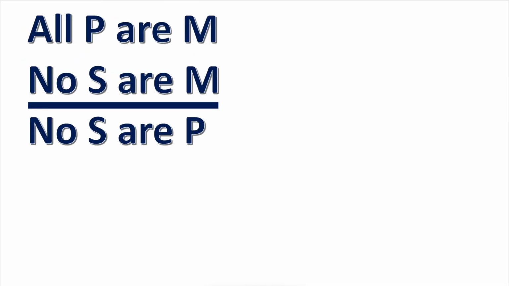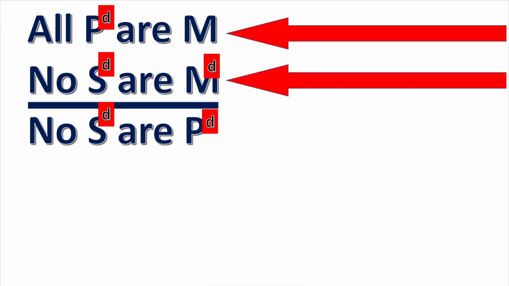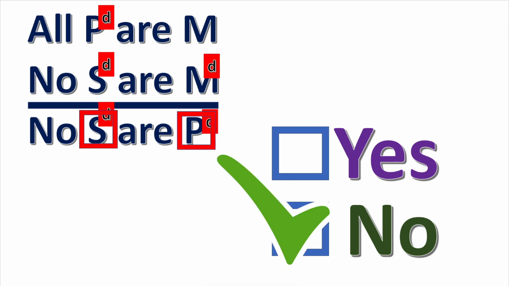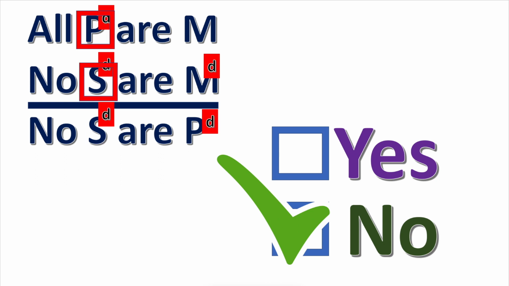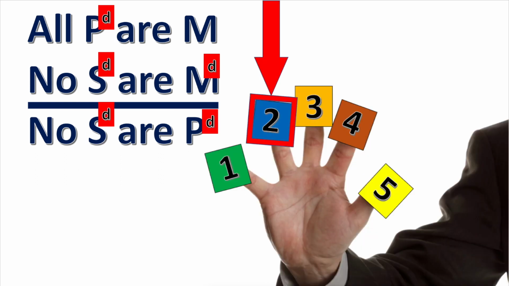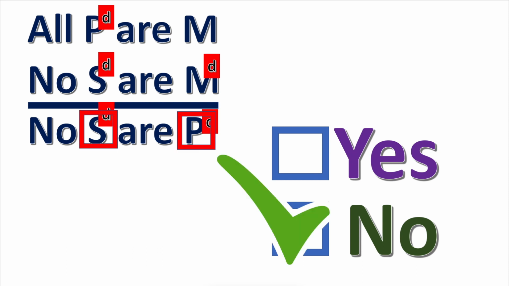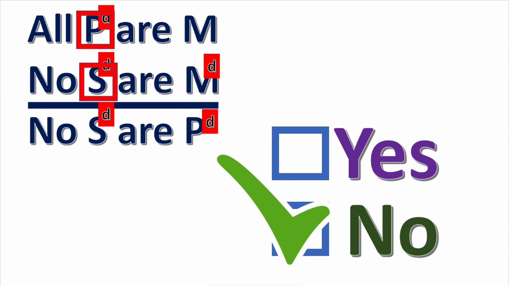Next practice problem. Is there a term distributed in the conclusion but not in the premises? Press pause. 3, 2, 1. Both terms are distributed in the conclusion and in the premises. Is Rule 2 broken? Press pause. 3, 2, 1. Since the terms distributed in the conclusion are also distributed in the premises, Rule 2 is not